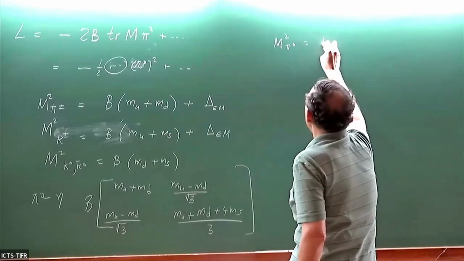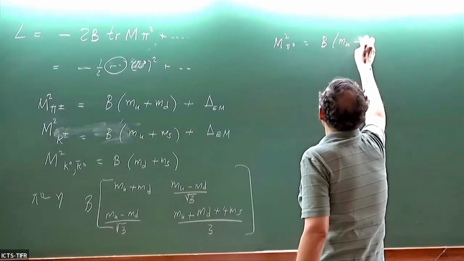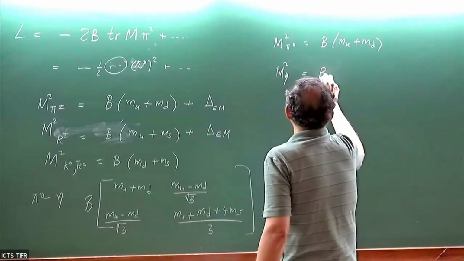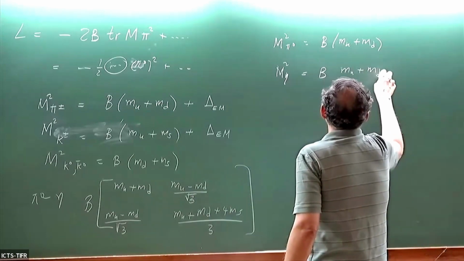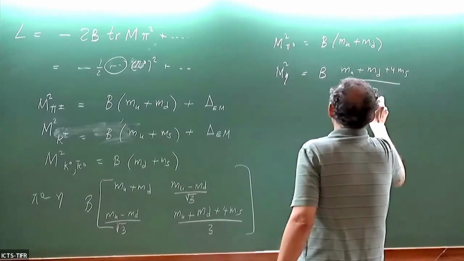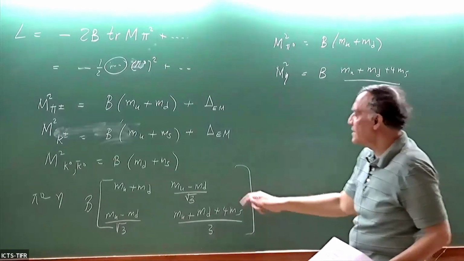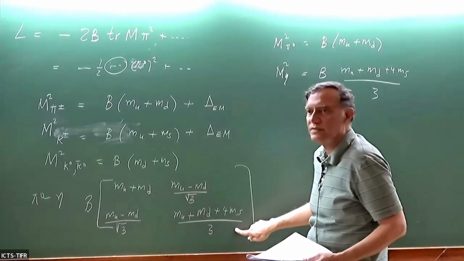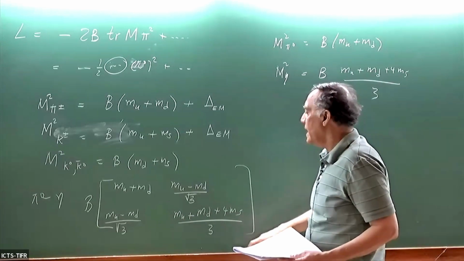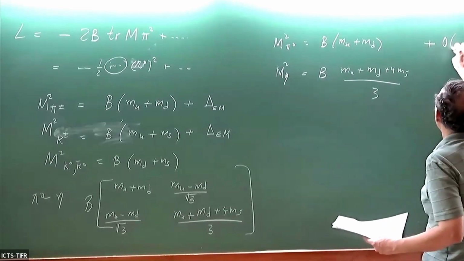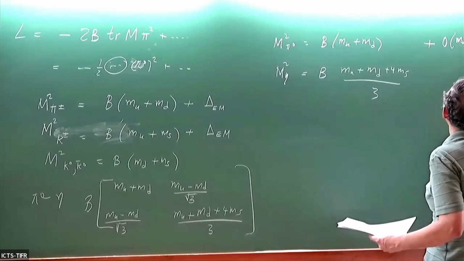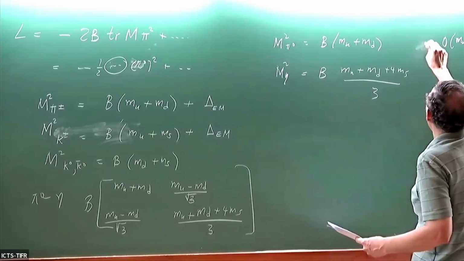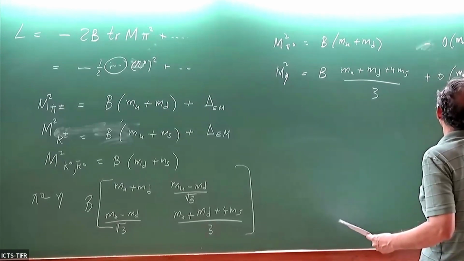So the first term is b(mu plus md), and m squared eta is b(mu plus md plus 4ms over 3). And then the next correction, okay, if you have an eigenvalue problem for a 2 by 2 matrix like this, the next correction is the off-diagonal element squared divided by the difference of these two diagonal elements. And so the corrections here are order (mu minus md) squared. And if the lighter one goes down and the heavier one goes up by the same amount,